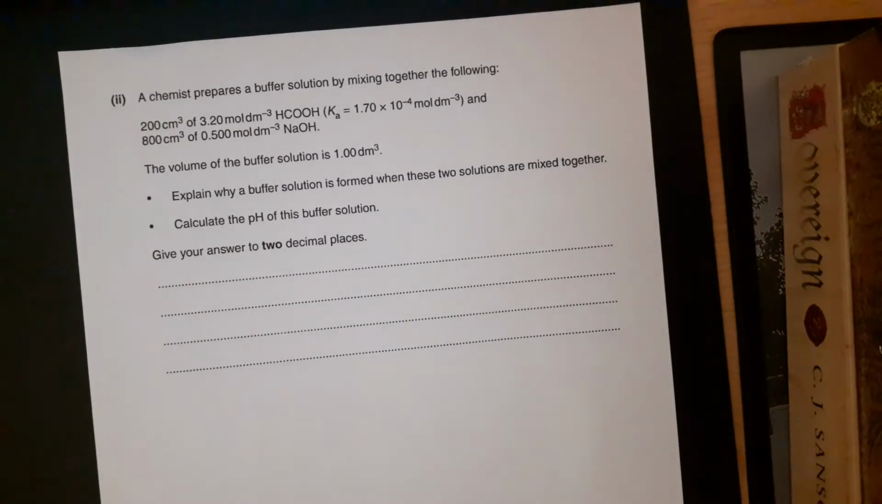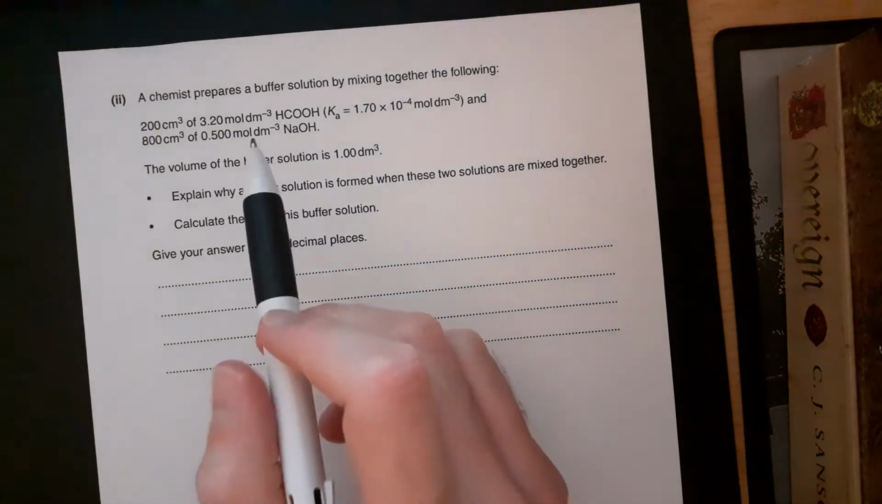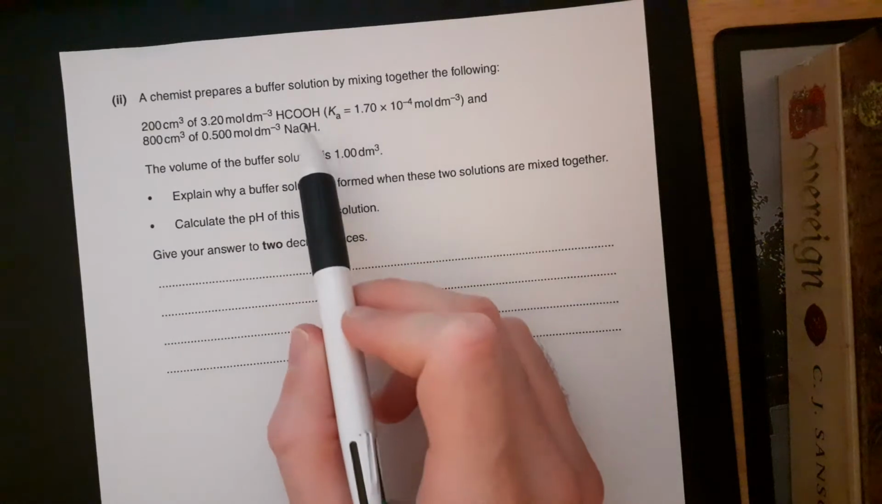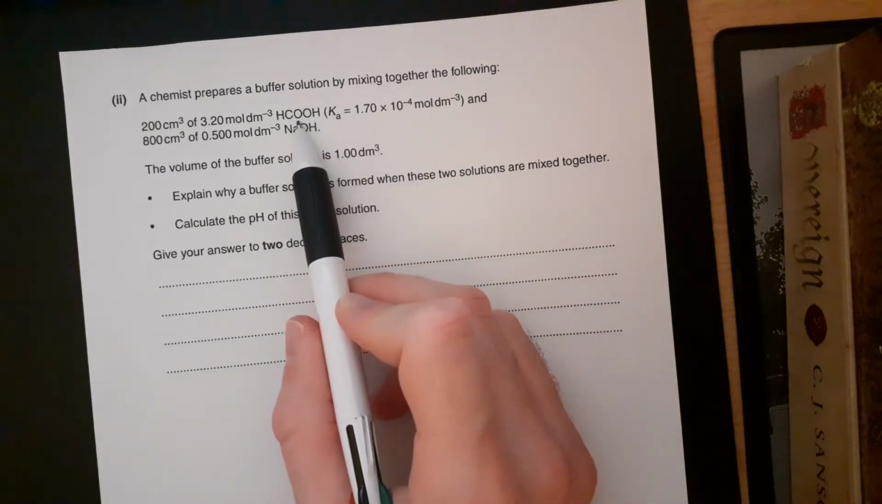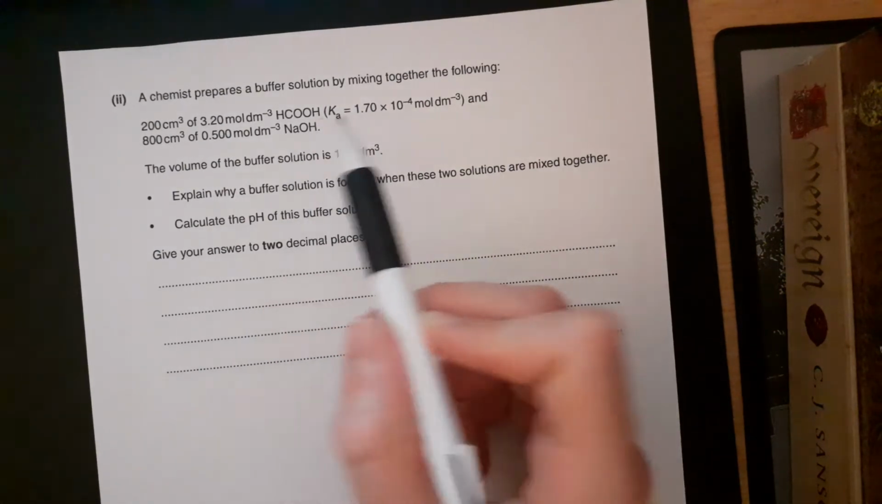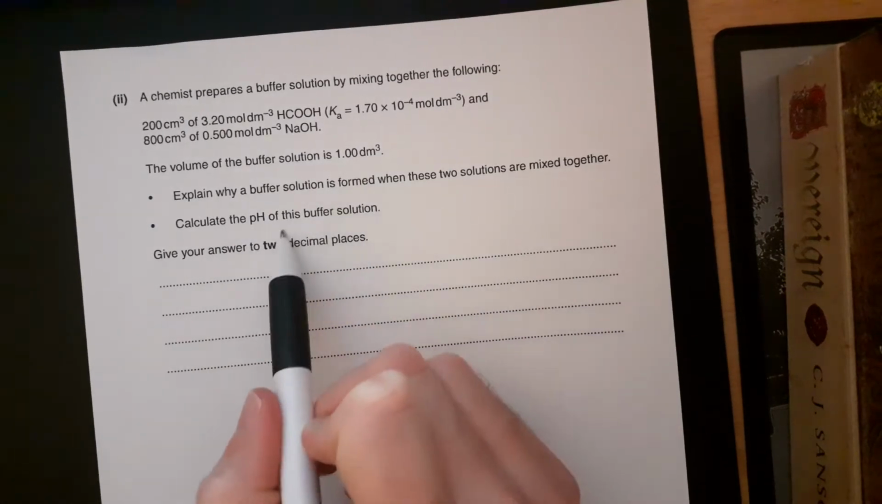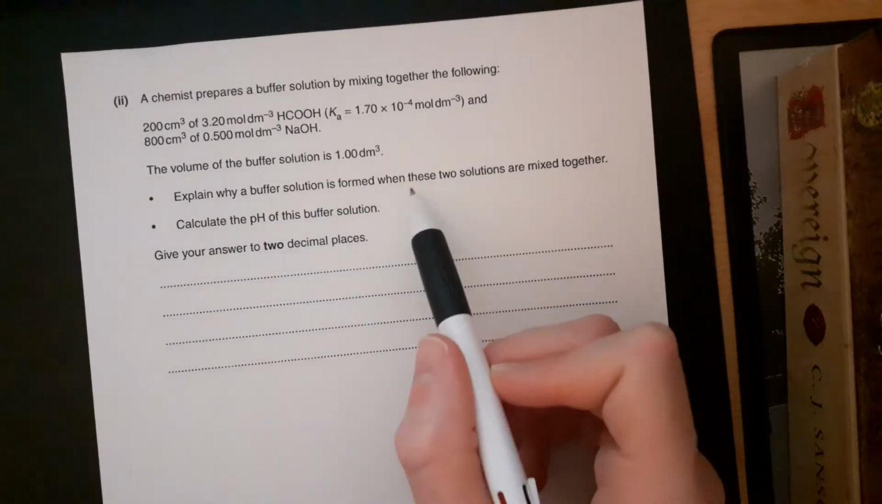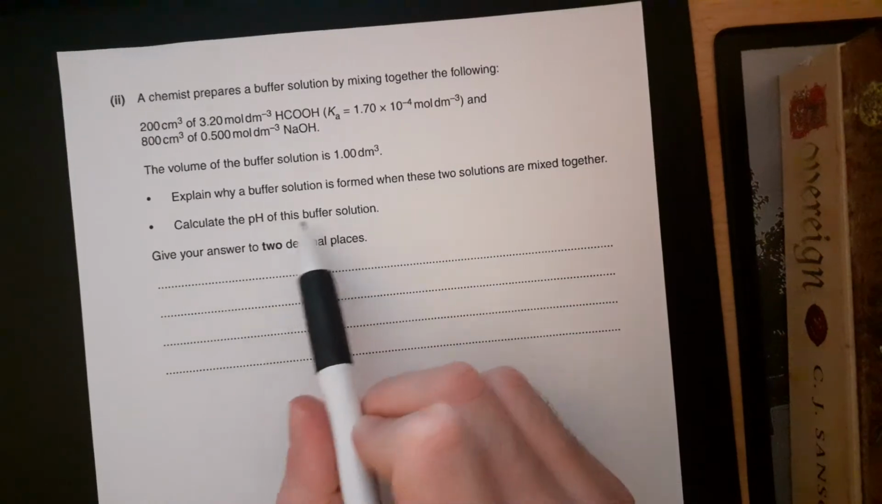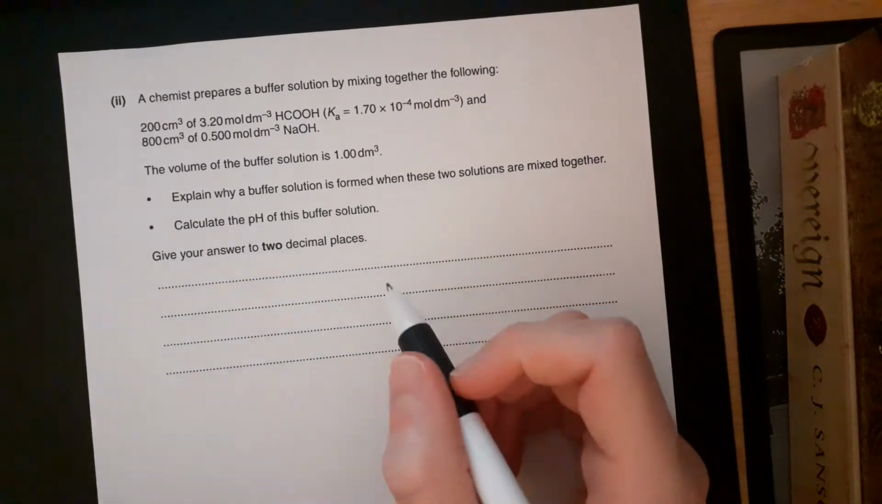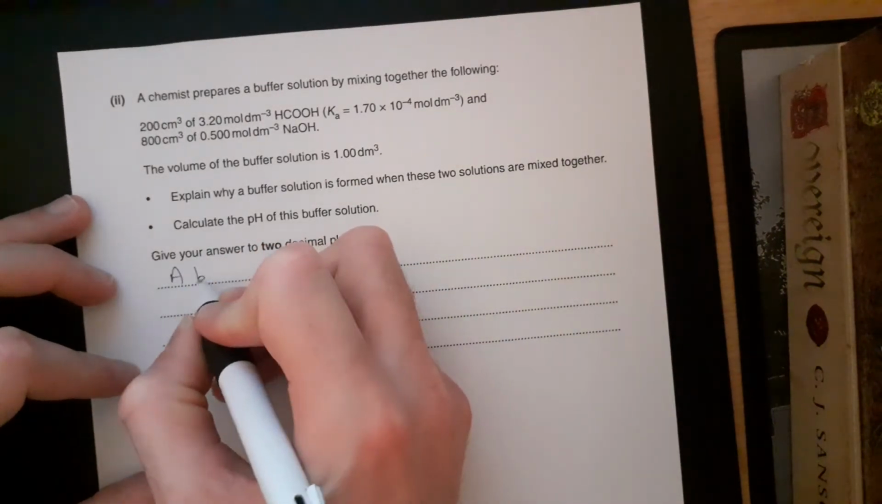Okay. This question also asks us to do a bit of calculation. Here we're making up our buffer solution with the methanoic acid, as we said, and we're mixing it with sodium hydroxide. So again, we've got two things we need to do. We need to explain why a buffer solution is formed, and then calculate the pH. So a buffer solution is formed